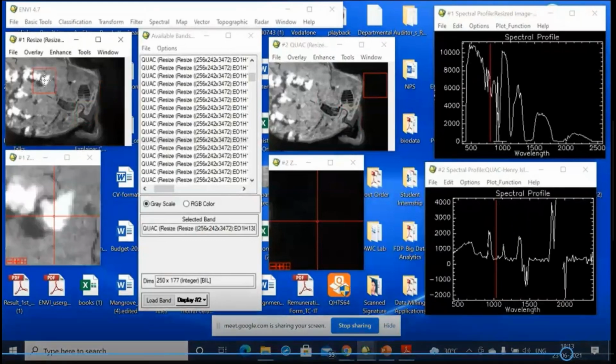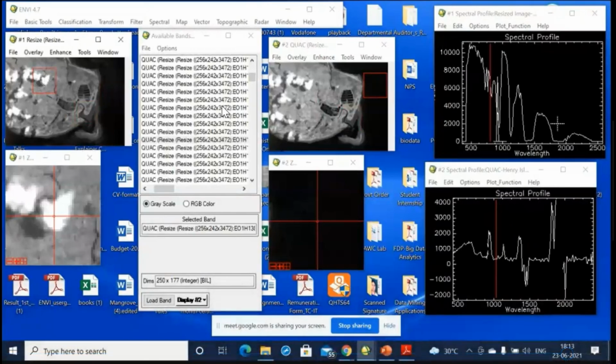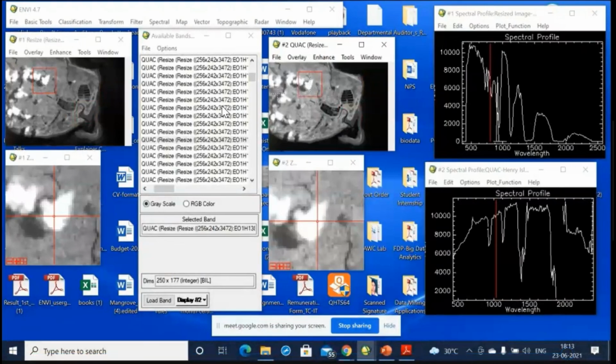If I click onto a cloud here, this is the profile of an uncorrected image, and if I select here, this is the correct profile of cloud in the corrected image. Okay, so this is an output of atmospheric correction using the quick atmospheric correction algorithm.